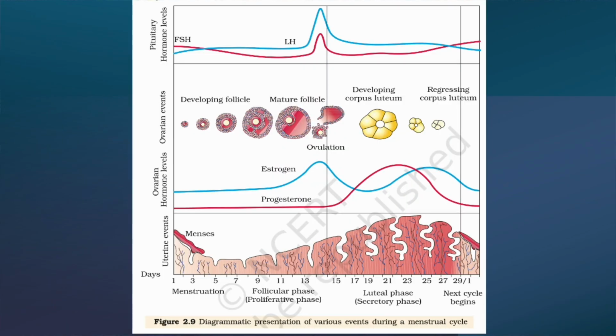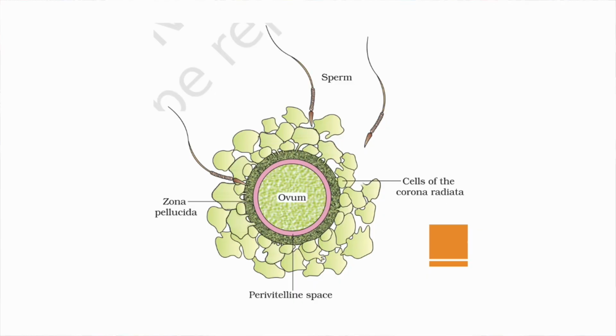The diagrammatic presentation of various events during the menstrual cycle is also an important diagram which has been asked in different ways. Even parts of the diagram have been asked for MCQ type questions. When you learn the events like menstruation, follicular phase, ovulation, and luteal phase, remember to learn all the events occurring in the uterus and in the ovary, and the levels of four different hormones, estrogen, progesterone, luteinizing hormone and follicle stimulating hormone, under each heading. Please remember to learn that. This is a very important topic.